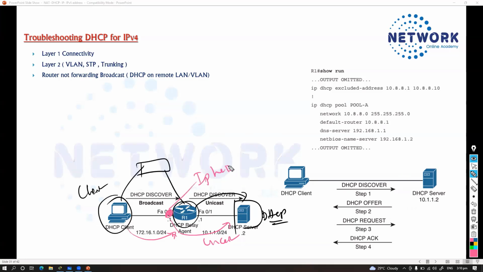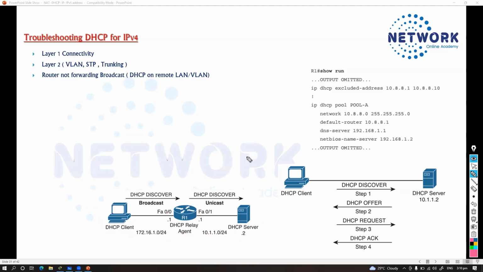So we configure the ip helper-address command. That configuration command should be present on the router on the correct interface, and the correct IP address has to be configured. So the other thing we need to check, if they are on a different subnet, is that the router is forwarding the broadcast request, assuming that the DHCP server is on a different network or different